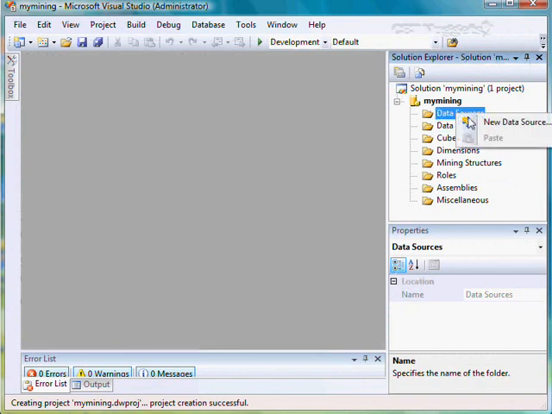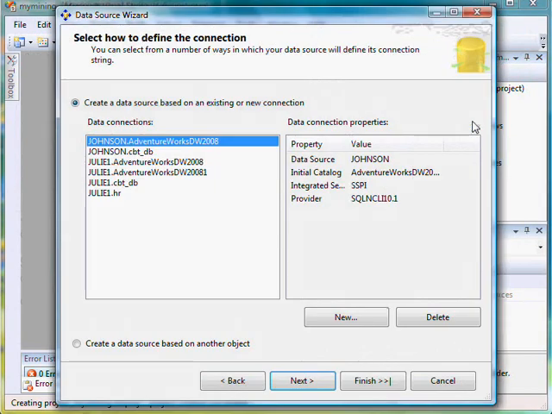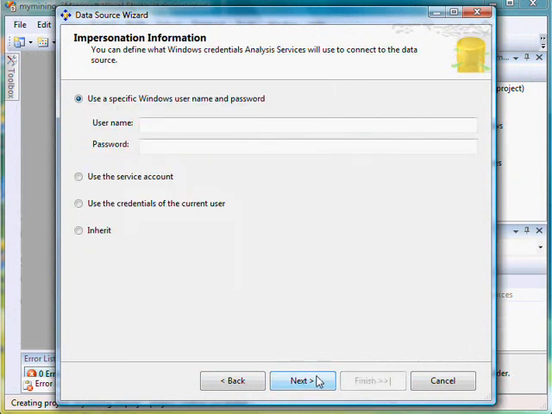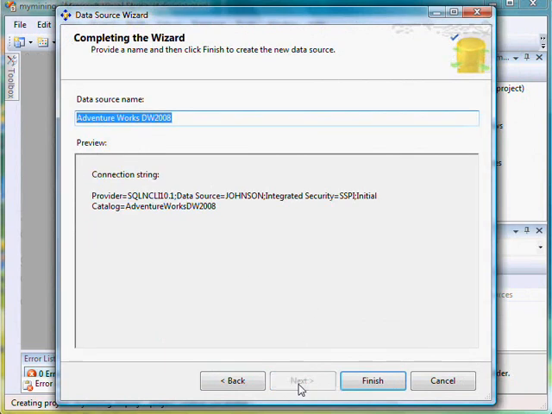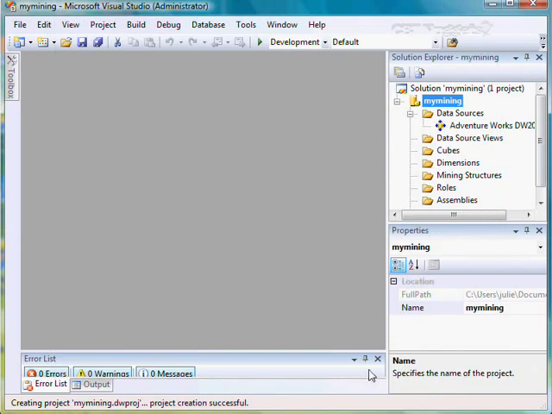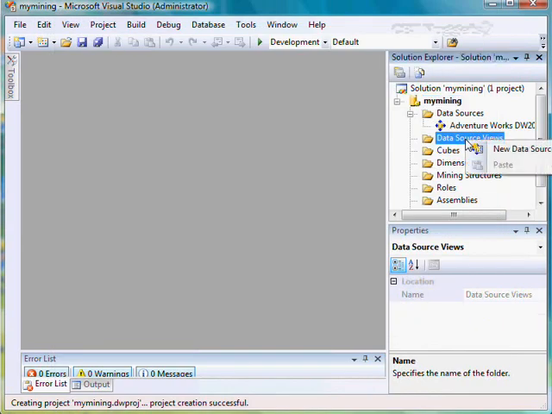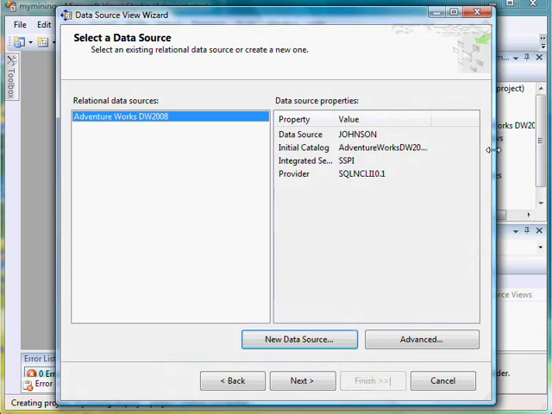So we're going to make our data source be dependent on the Johnson Adventure Works DW 2008. Johnson is just the name of my server. And then we'll go ahead and hit next. And I'm just going to use the service account. And our data source name, I can just stick with the default. You can change it if you want to. I'm going to now create a data source view that's based on that. And really, I'm just interested in two tables. Here, we'll go ahead and